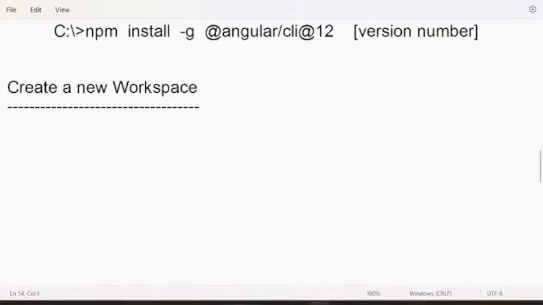Almost 99% everywhere you will find the process of creating a project directly. But in a real time environment, we have to work with multiple projects. All projects are kept in a workspace. In a workspace, we will keep all the projects so that all projects can have some common resources. All the resources for different projects are kept in a single workspace. So we are not creating a project first. We are creating a workspace.